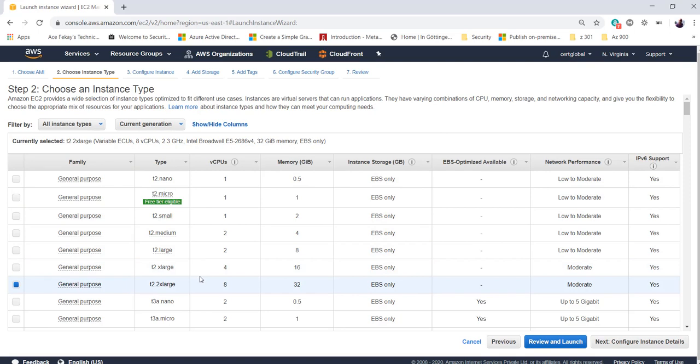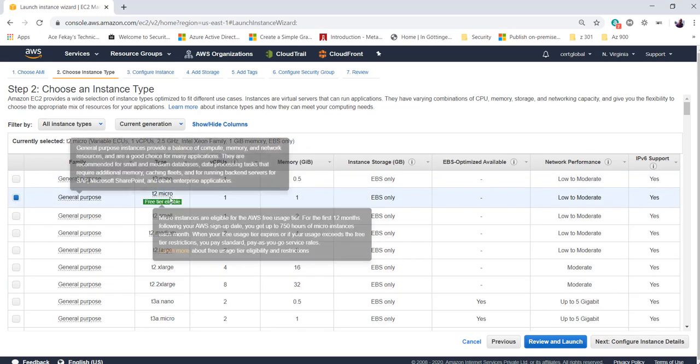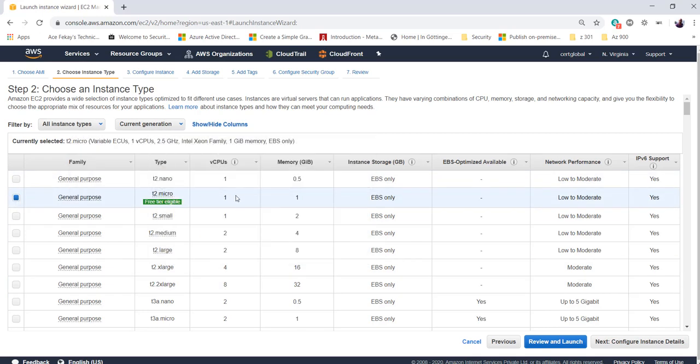I know that some of the organizations also call these t-shirt sizes just for fun, right? So if somebody is saying, hey, can you create an EC2 instance of t-shirt size T2.2xlarge, you know what they mean, right? So you got to come here and select this. So for now, I will happily click on T2.micro, which gives me two virtual CPUs and 1 gig of memory,